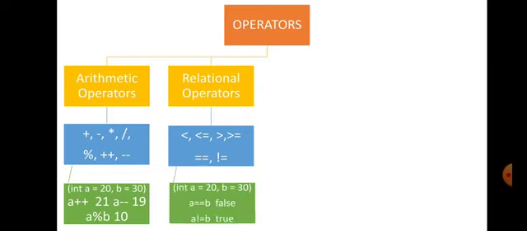Now A is equal to 20, B is equal to 30. A equal to B means the left hand side value and the right hand side value, if they are equal, then you will call it as true. Now here in this case, A is 20, which is not matching with the value of B. So ultimately the relational operator equal to will result in false. A not equal to B means, what is A? A is 20. Not equal to B means, of course, 20 is not equal to 30, and ultimately the result is true. That is what we have declared below.